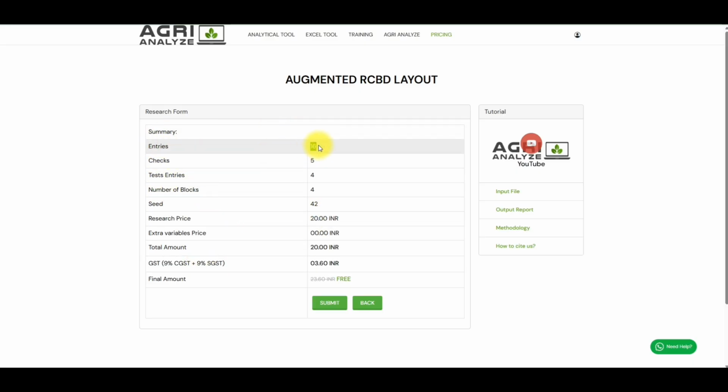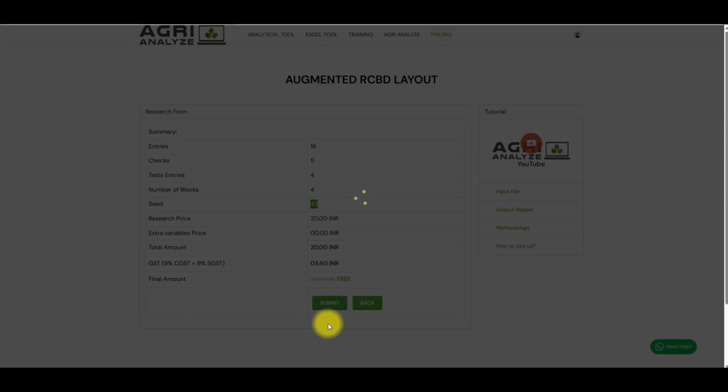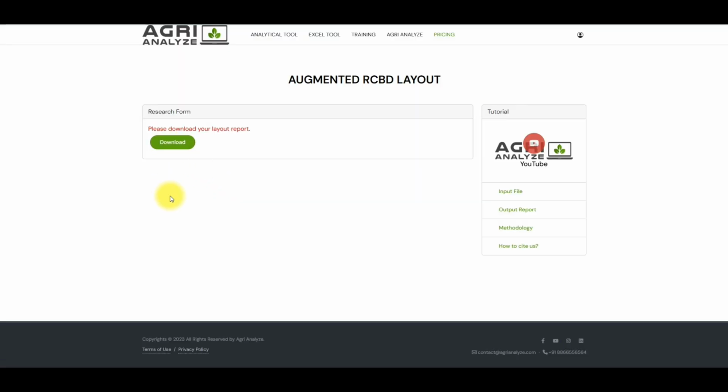So total entries are 16. Okay, we are okay with that. Total checks were 5. Test entries per block is 4. Number of blocks are 4 because 16 divided by 4 will give you 4. Set seed is 42. Then it will ask for some nominal fee, and post that you will get the layout along with the data table sheet. Now click on submit. Now I will click on download,